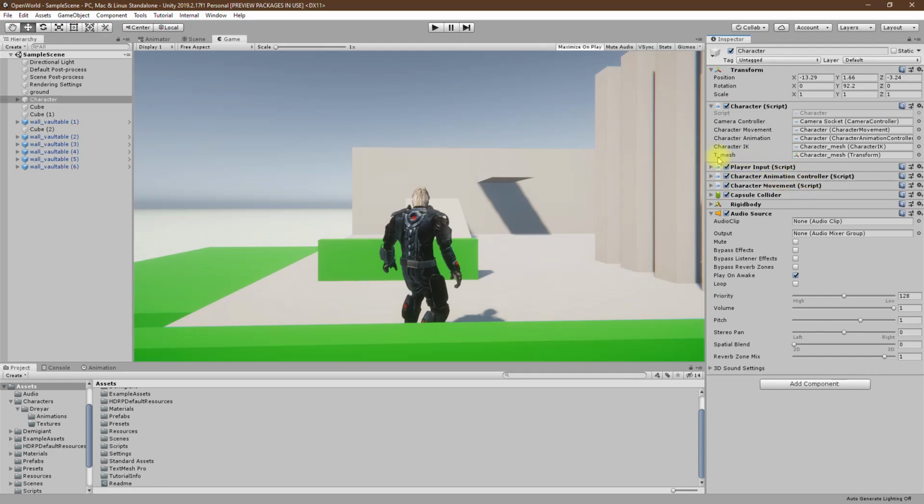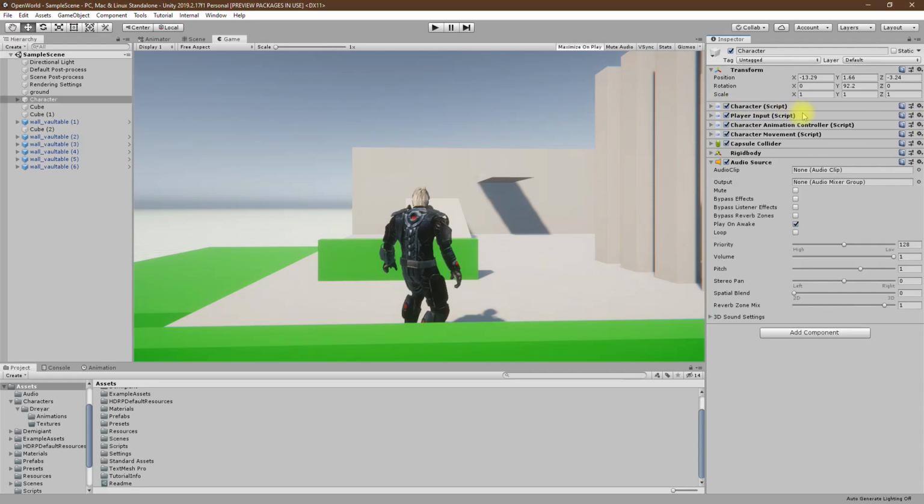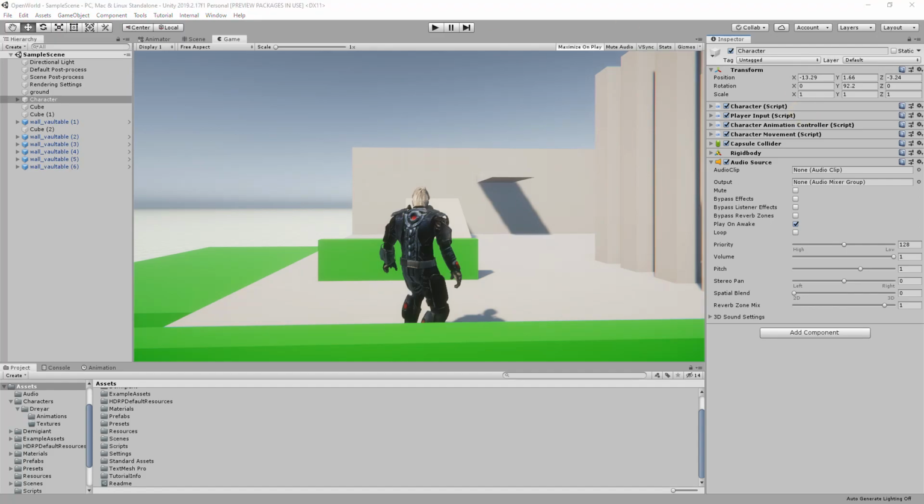We have a player input script which handles all the player input related functions, a character animation controller script which takes care of character animations, a character movement script which defines the logic of the movement of the character, and a main character class, which is kind of the main component that puts everything together